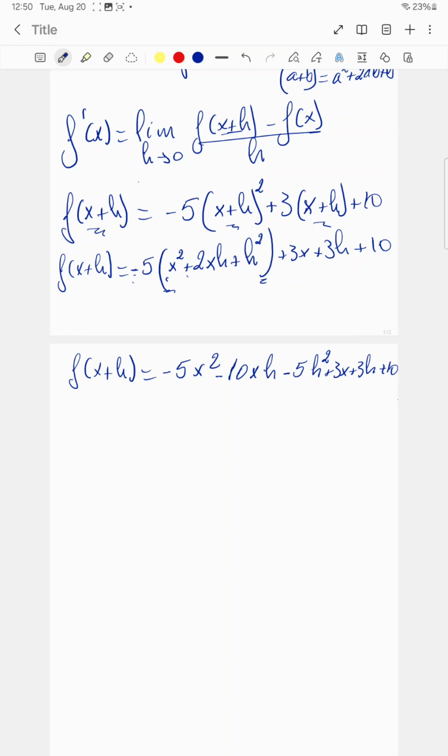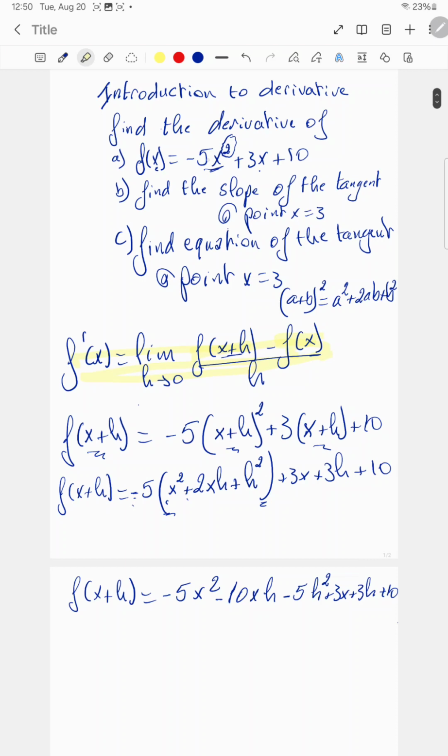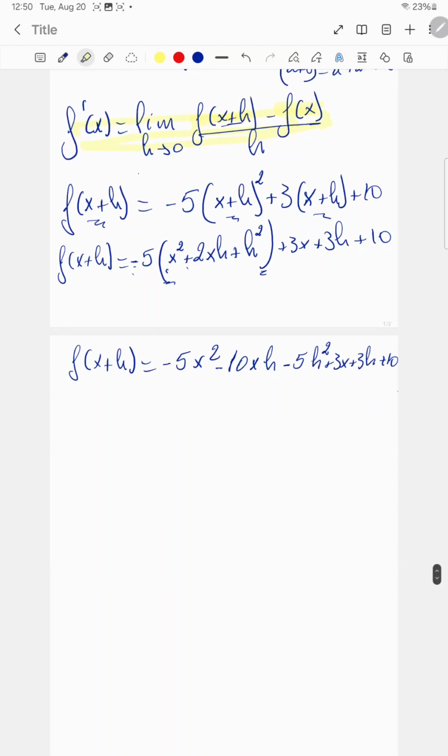All I have to do is apply the formula here. I have the f of x plus h. I know what f of x is. They gave it to me, which is equal to minus 5x squared plus 3x plus 10. And I have to divide it by h. So let's write the formula. I'm not going to write f prime of x equal to the limit because I don't have a lot of space. I will put the limit, but in reality, this is f prime of x